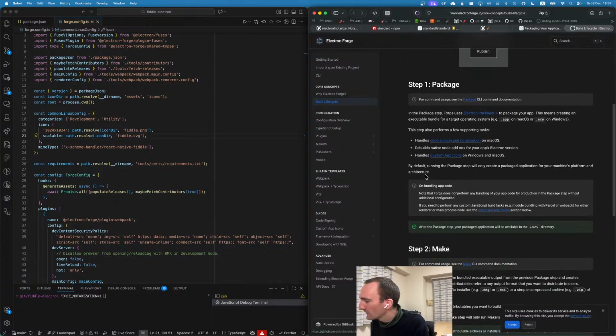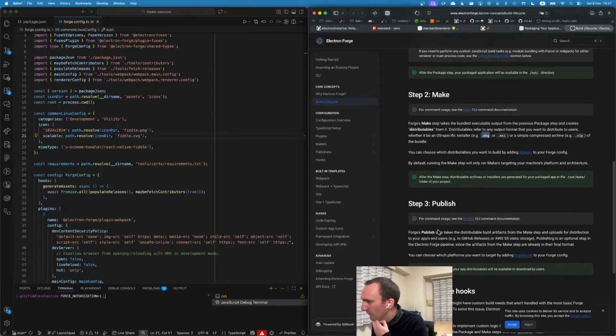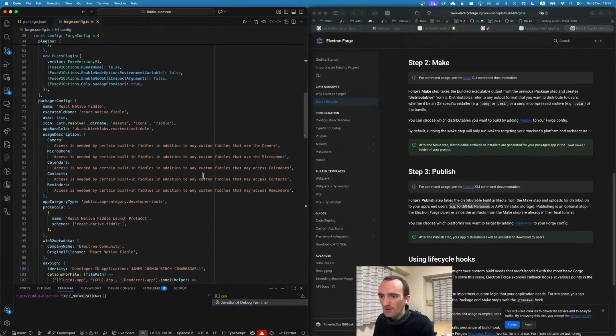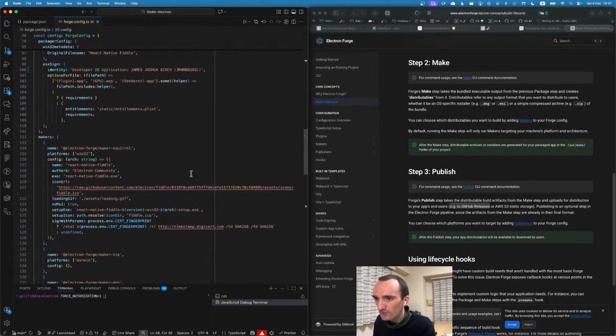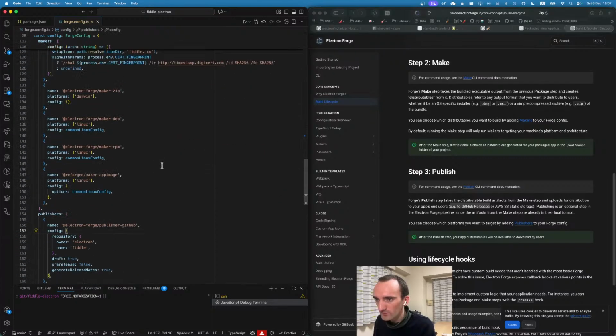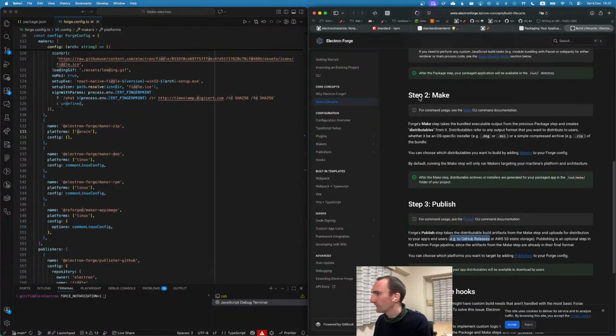Okay, so package, we don't really care about the DMG because they don't. And there's publish, which would distribute to GitHub releases. Ooh, that'd be nice. Is it just that they're using the zip packager instead of the DMG packager? I think that might explain. Yeah, they're using make a zip. Any DMG in there? No. Okay. Right. So there is a make step,